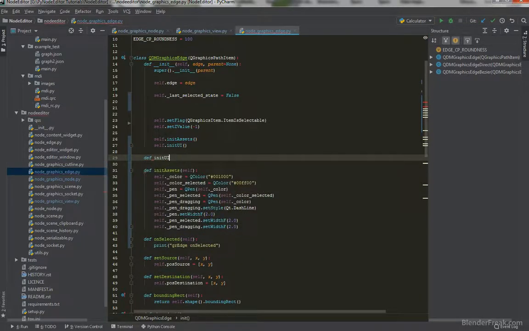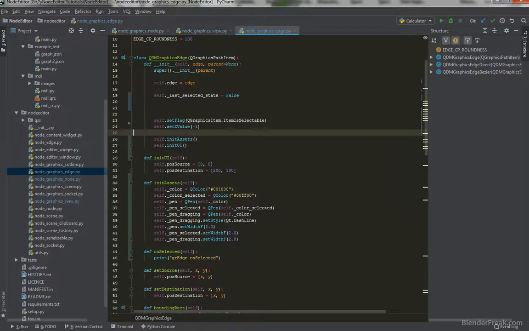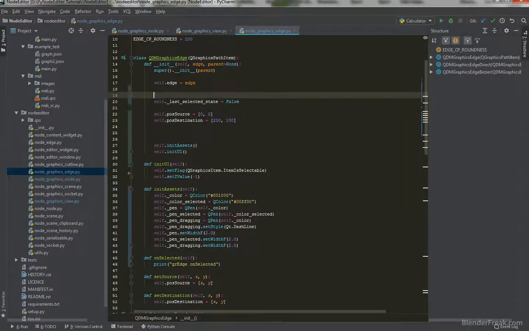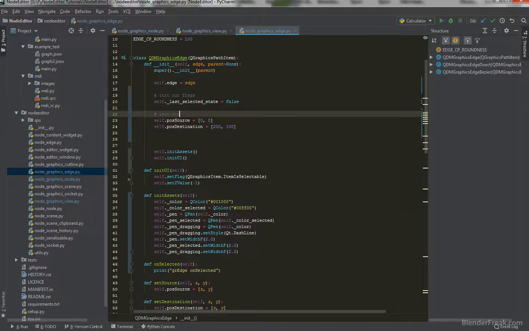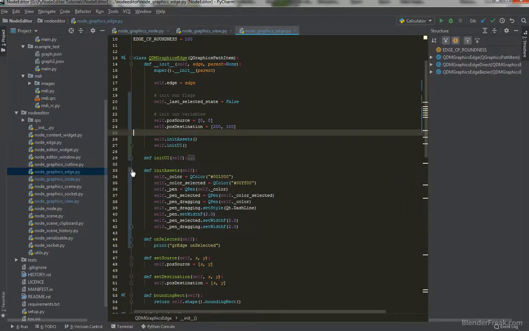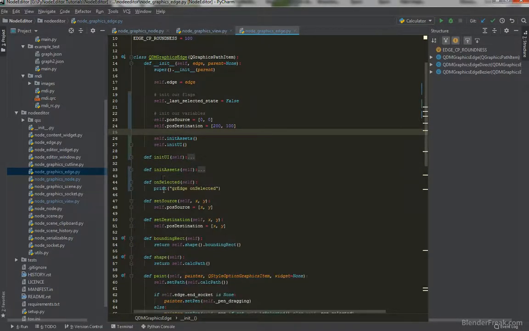So define init UI like this. Also, no, I did the other thing. So init our flags, init our variables, then init the assets and init UI. So this way it looks a little bit cleaner. We can now collapse the init UI and init assets, and we got onSelected, we got our last selected state,